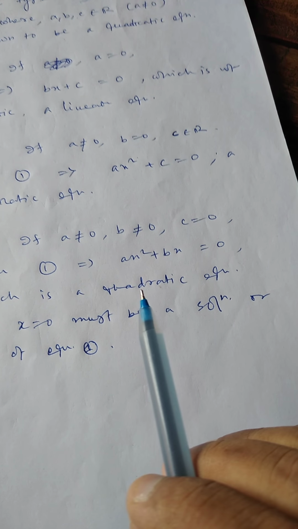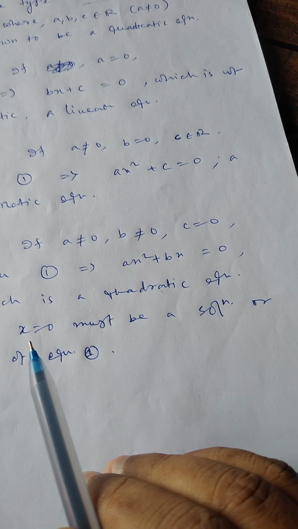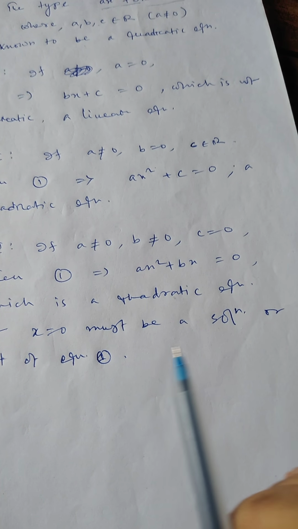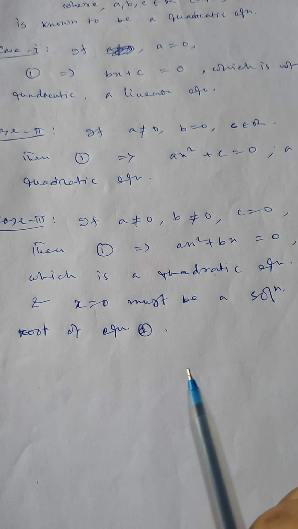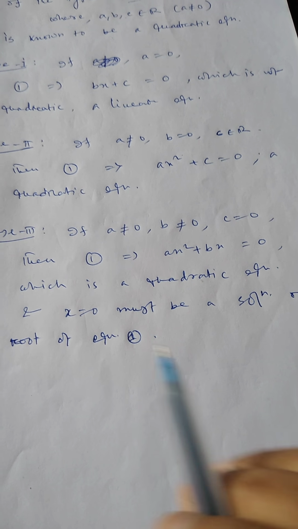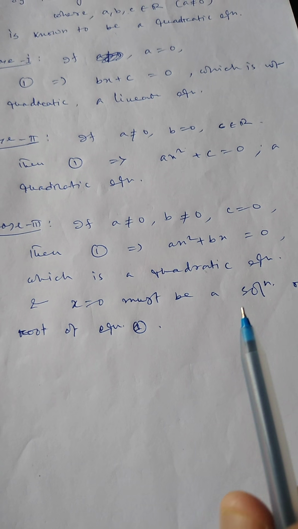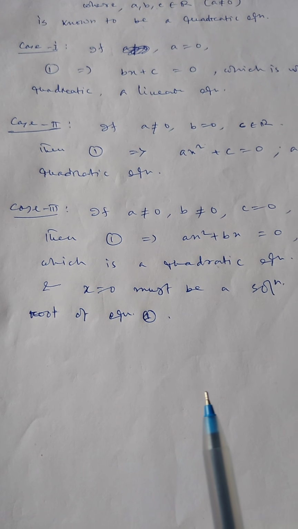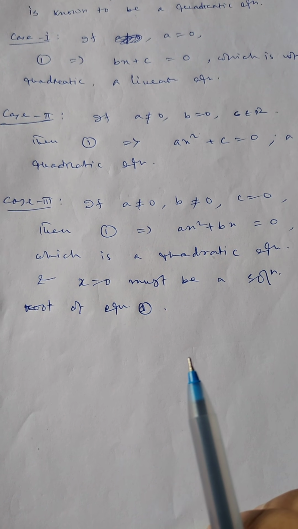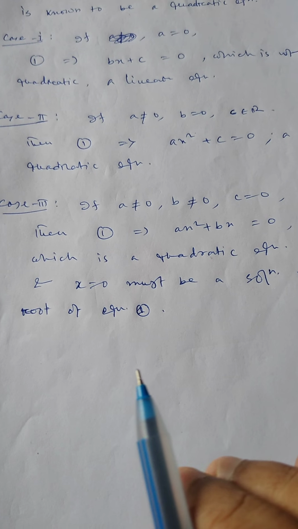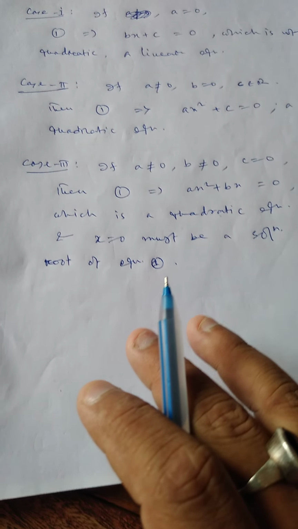And in this equation it is clear that x equal to 0 must be a solution or root of this equation. Now why x equal to 0 is a solution of this equation we will discuss later. Whenever we solve the quadratic equation, then we show that the roots